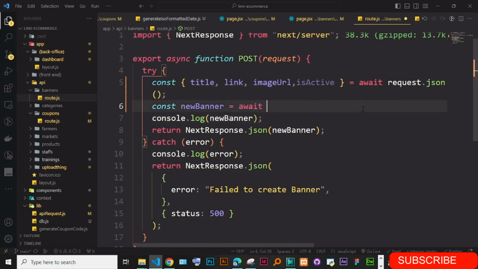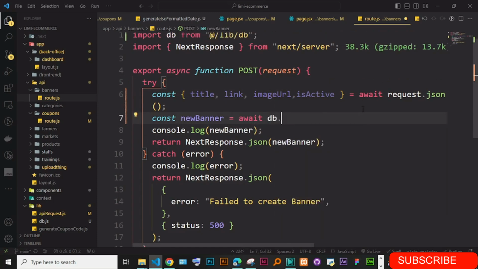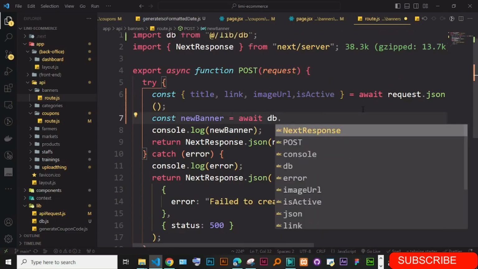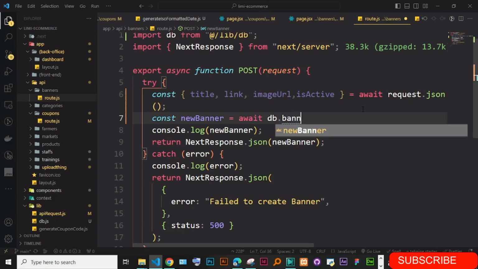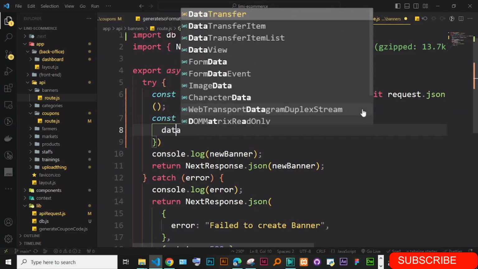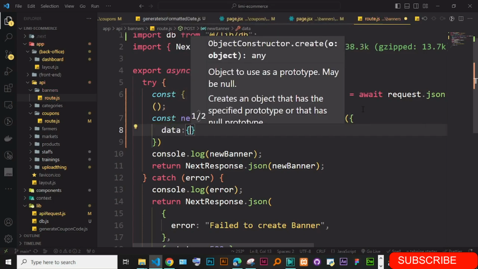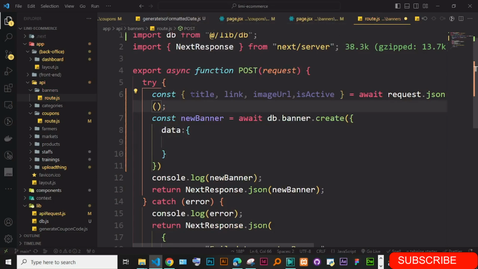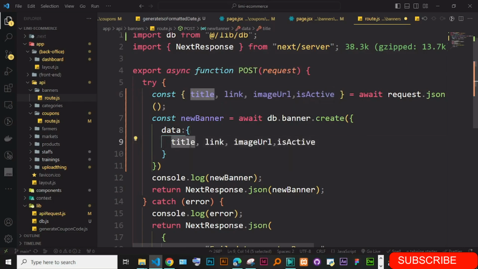Just going to say await db from libs and dot. We haven't created that, but just create it in a second. db dot, if we create it as banner, then dot create. So you create the create method, which takes in a data object, just like so. Okay, so just simply copy these ones the way they are: title, link, image, and is active. Okay, so we can just go ahead and from here